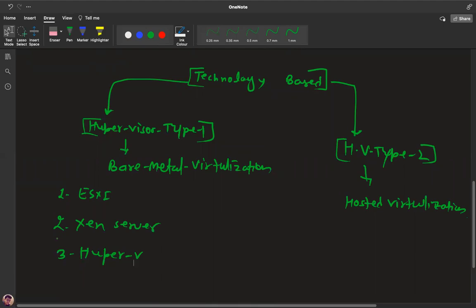Whenever we install the core server, it gives you access to your entire hardware resources. If you install Hyper-V, it works like bare metal. Is it okay? Yes, clear.